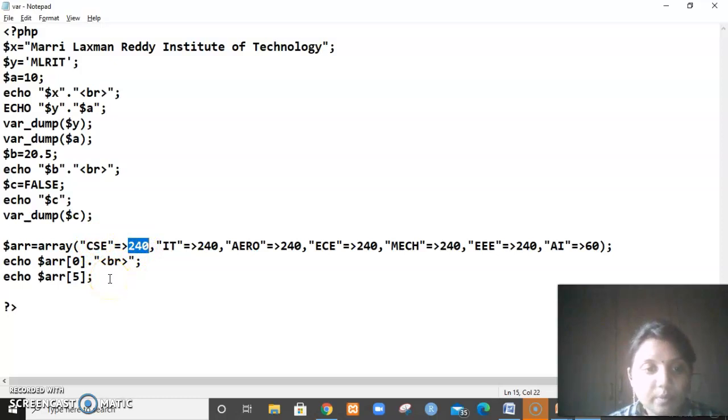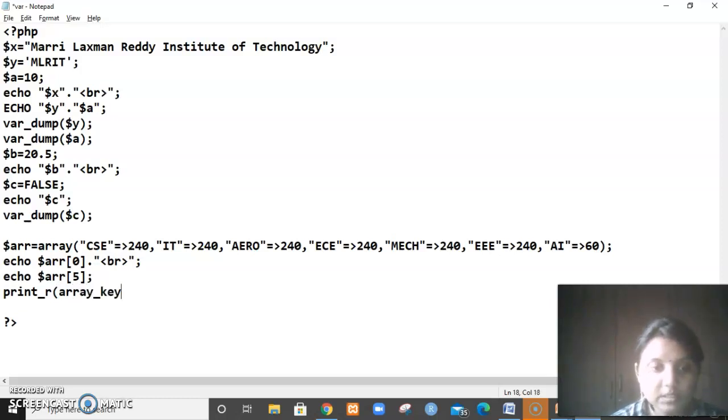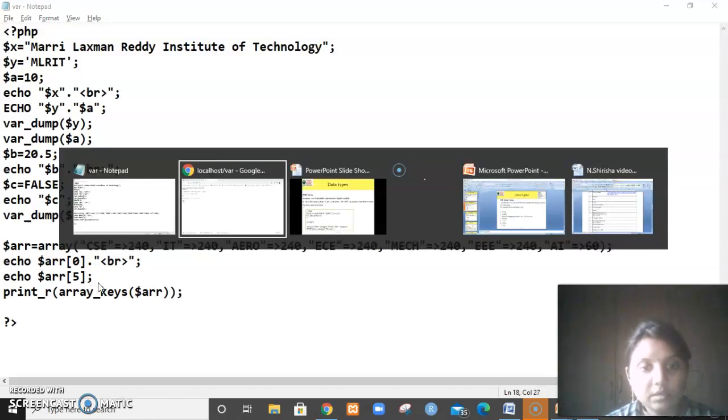Suppose you want to print all the keys, then I can use print_r of array_keys of dollar, what is my array variable name? ARR. So dollar ARR. Okay, let me check.